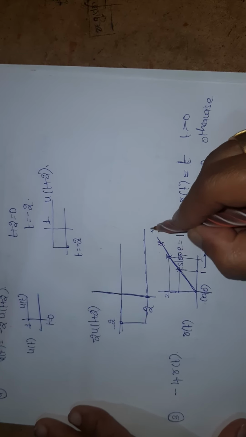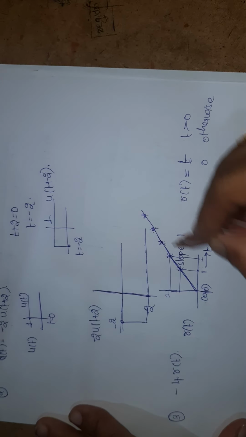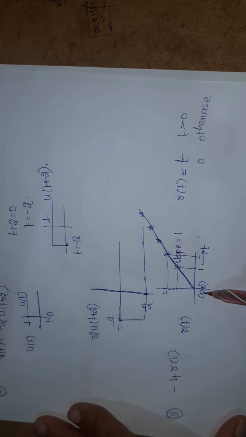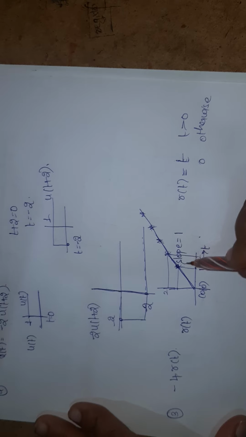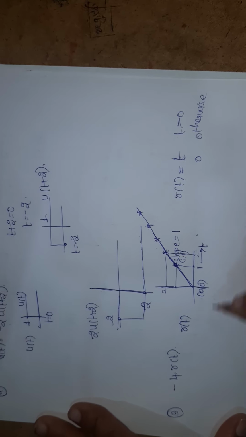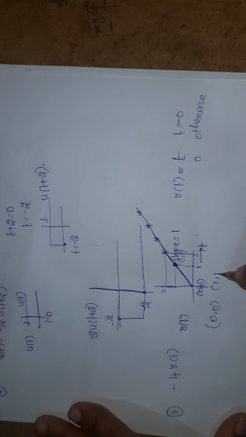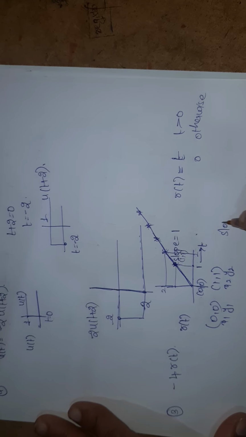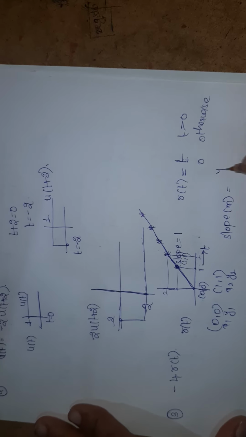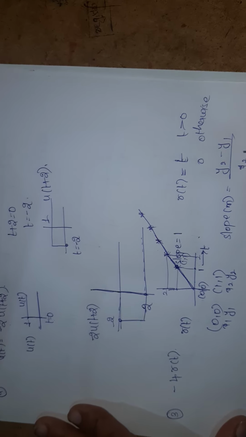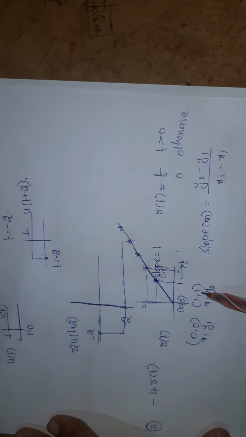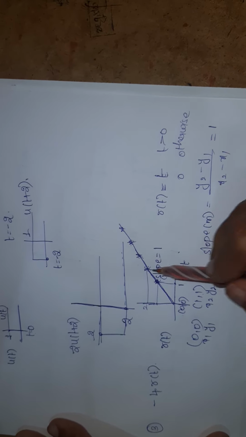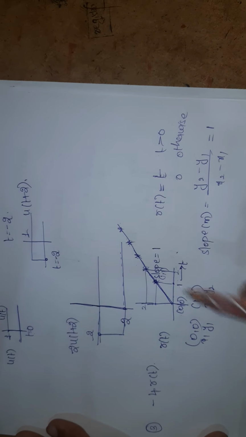So if I consider all values, for all values I will get a straight line which is having the slope 1. So how to consider the slope 1? It is 0 comma 0. If I consider this point, it is 1 comma 1. Okay. So 0 comma 0, 1 comma 1. So this is x1 y1, x2 y2. How to calculate the slope? Slope m is equal to always y2 minus y1 by x2 minus x1. So y2 1 minus 0 divided by 1 minus 0. I will get slope 1. So wherever you consider, you will get slope as 1 only.